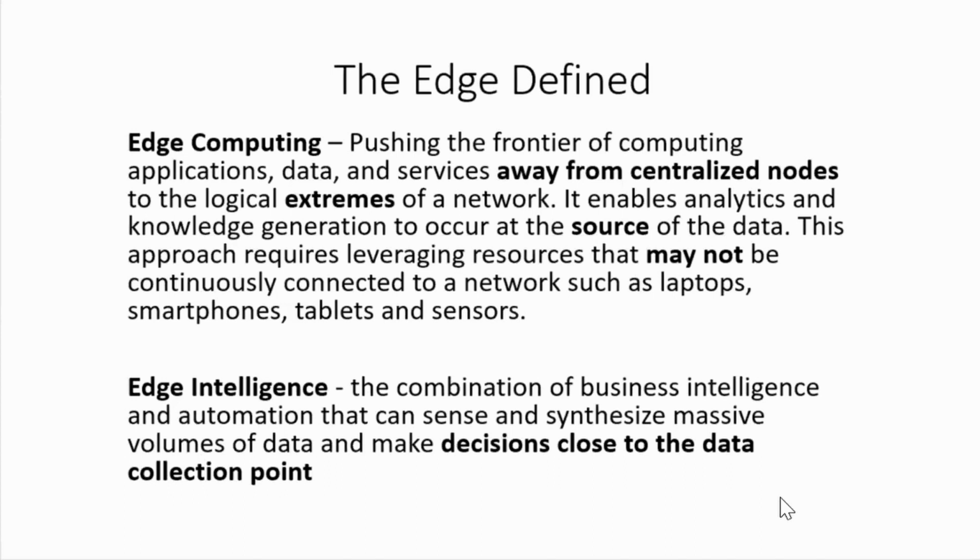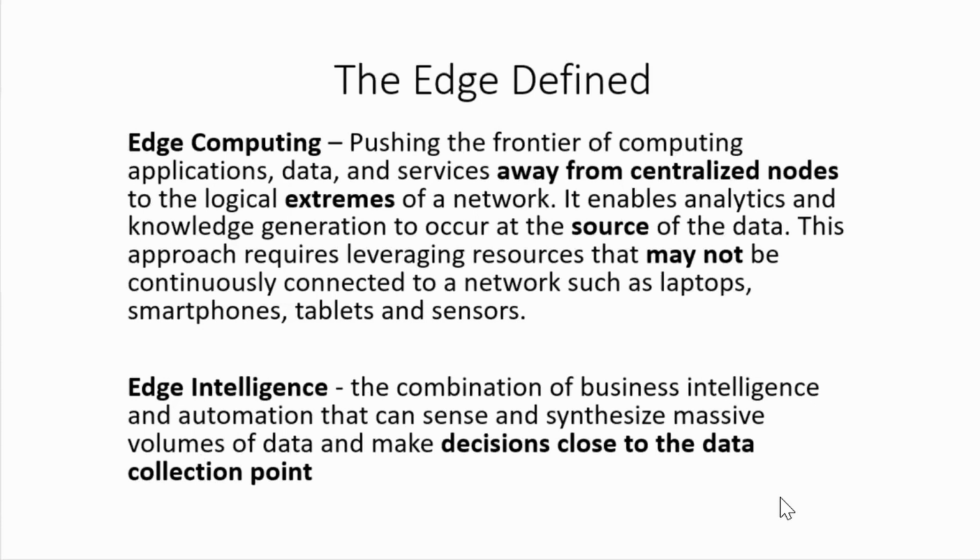We want to be able to make decisions. Think about the situation with a smart car. If we have a Tesla driving down the road on autopilot, and it's relying on the cloud to make that decision of a ball rolling across the street, child chasing after it, apply brakes, what if I'm not connected and I can't make that decision? That's what we're talking about with the edge. We need to be able to make those decisions right there locally. Forget about cloud. So edge intelligence basically allows us to perform analytics and take action on those things at the edge of the network.